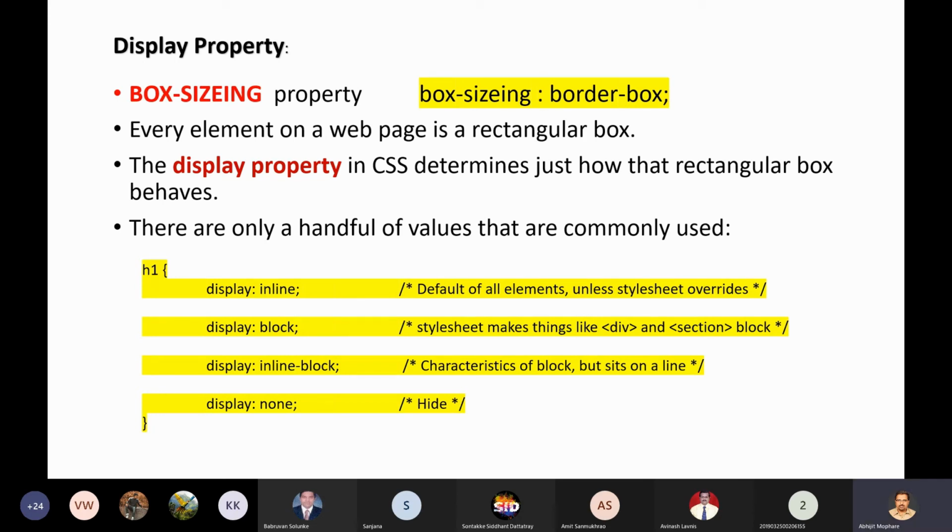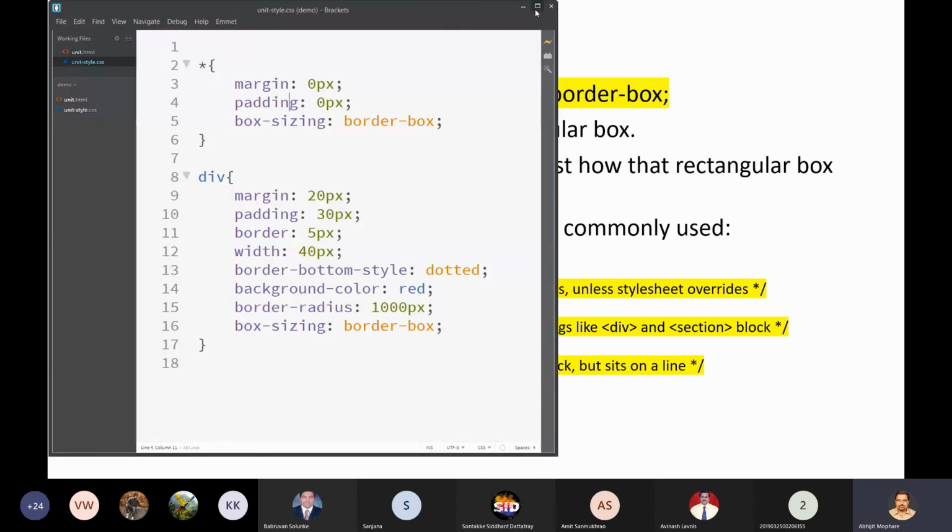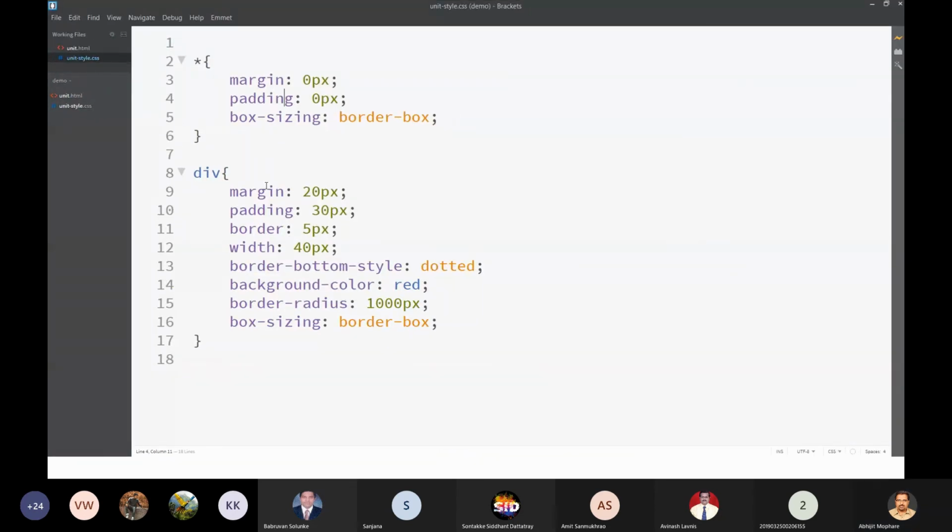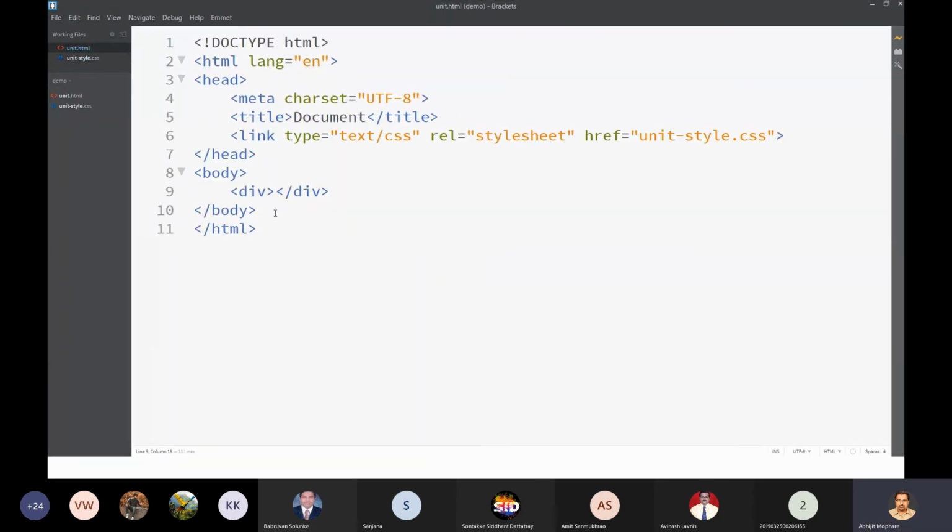Let me put it this way. Let me have a heading, I will use a heading because it will take its size.